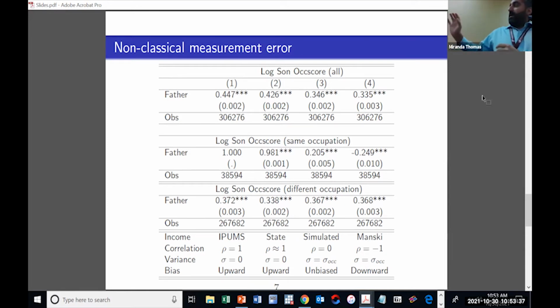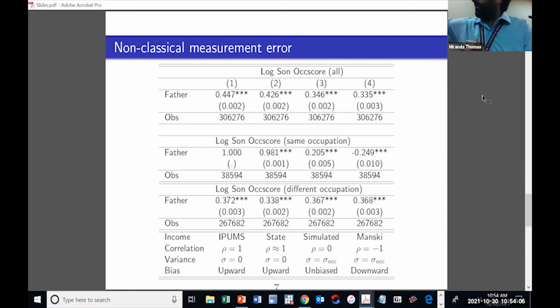Okay. Now, 2 things to remark here. To be fair, probably in any data set, you want to think that the correlation between father and son within the same occupation is not going to be 0. You're probably thinking father and son, they have a farm, maybe the son has the same farm. So it's not fair to say this is a random draw from any farmer, but also you don't want to assume that it's 1. So I think also when you do these numbers you can have a better sense of what's going on. Okay.